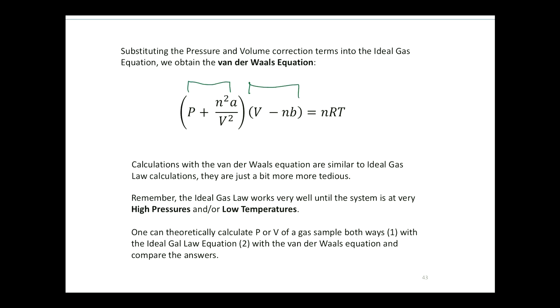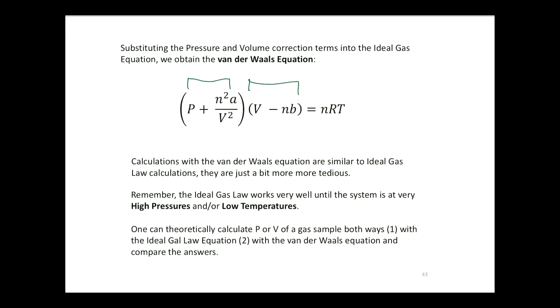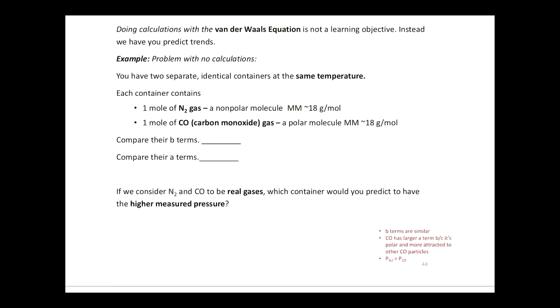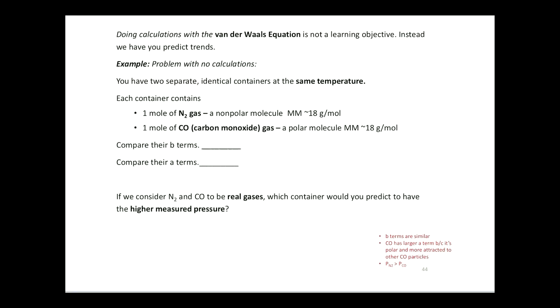What's not a learning objective for the exam is calculating using this equation. It's just kind of like numbers. It's plug and chug, but there's a lot of places to go wrong. It's not much of a learning objective for this course. So instead, let's do a theoretical calculation that requires no calculations whatsoever, but we're still using the van der Waals